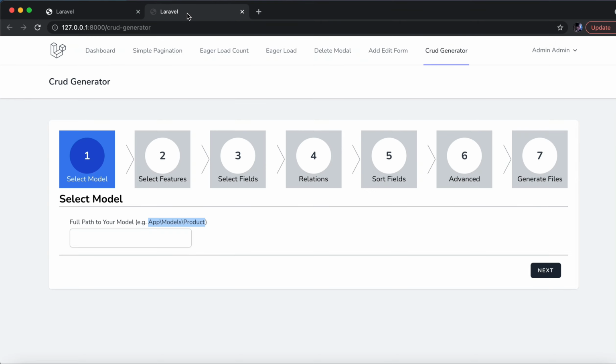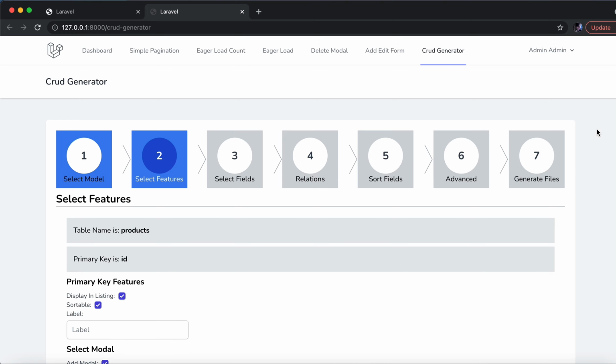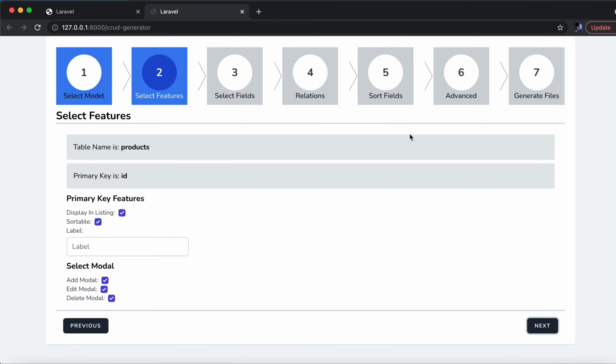We are going to go to our config page, and here first of all I'm going to enter our model, and on the second step, I am going to keep the primary key features as it is. We want to display the ID in the listing, and we also want to make it sortable. And then I'm going to make sure that all these features, add model, edit model and delete model, are selected, because we are going to need all of these features. So let us now go to the next step,